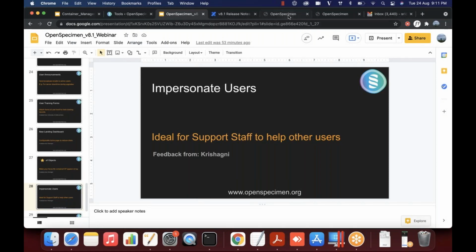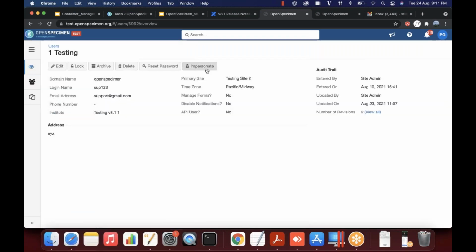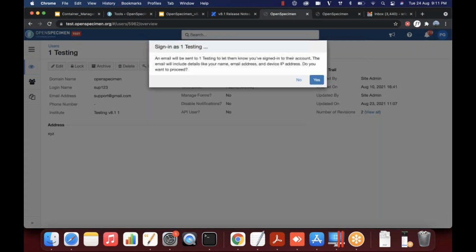Now what Impersonate allows you to do is that you can say, okay, I will have a look at it, go in here, and you see, and this is only for the administrators, not everyone can impersonate as others. So you can click on Impersonate. What it also does is that whenever you impersonate as someone else, it sends an email to them saying this person is impersonating as you, just as a safety measure, and people are aware that something like this has happened. This pop-up that you see is introduced in 8.1,